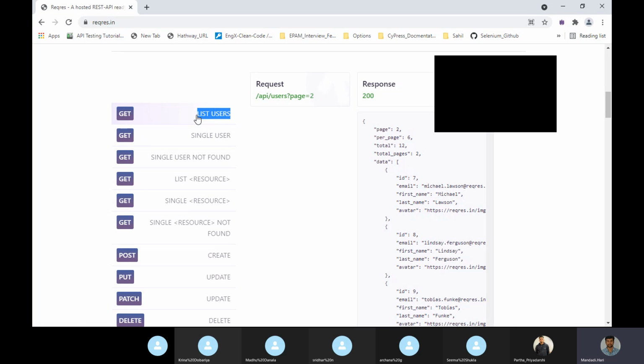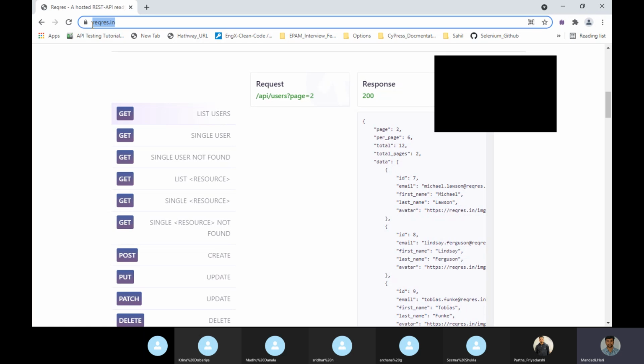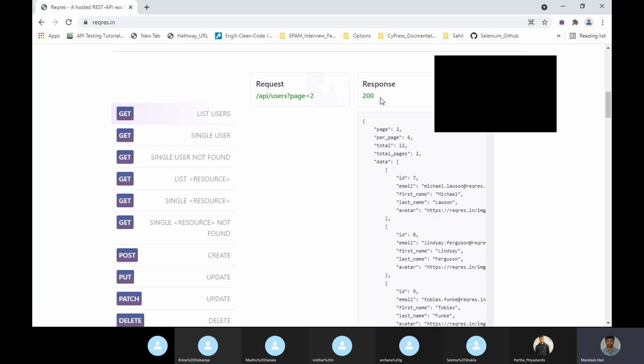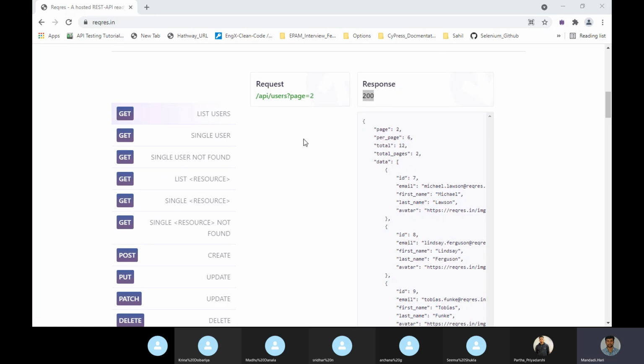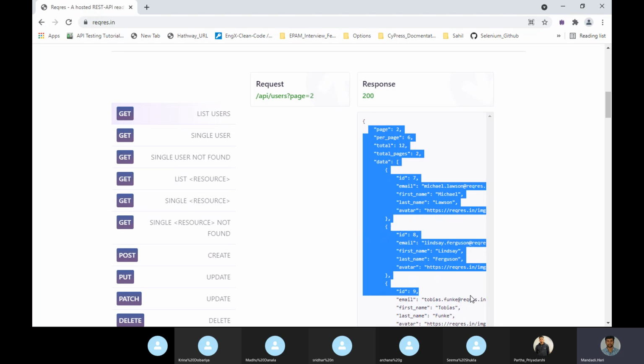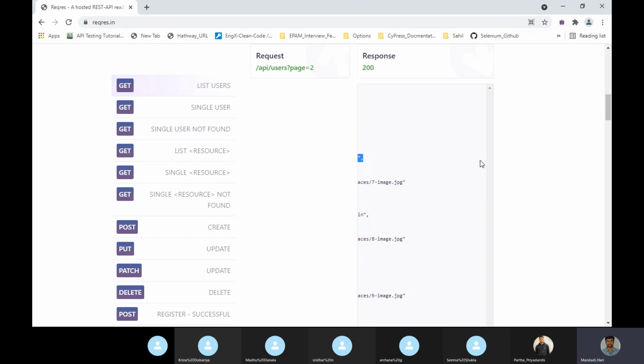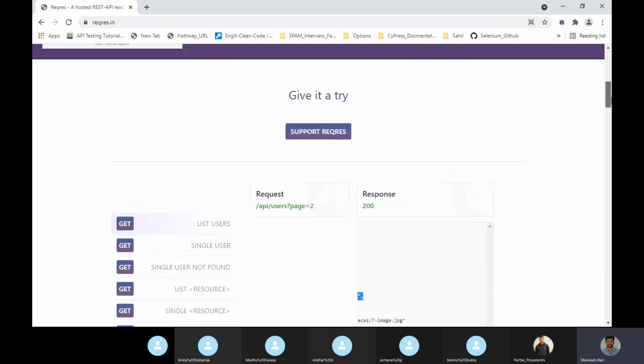Sorry, this is the endpoint, and this is the base URL. This is the expected response. It should come. If I do get, I am getting the data. So in Postman, the same response we should get.